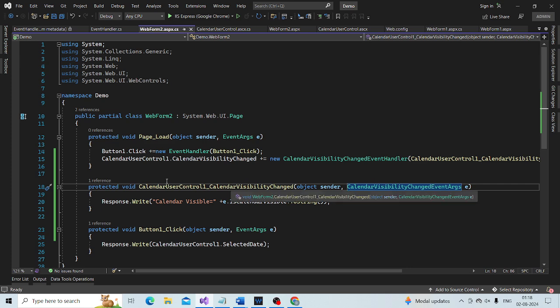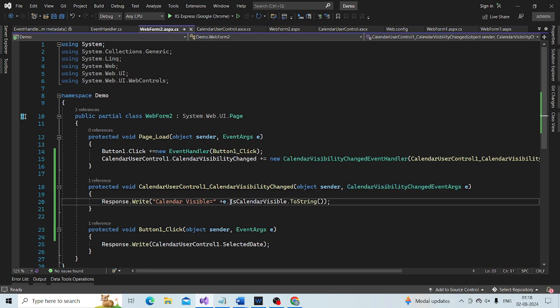In this event handler, calendar user control 1 calendar visibility change event handler, we received that object. Which object? Calendar visibility change event args. And we are using the property, which property?